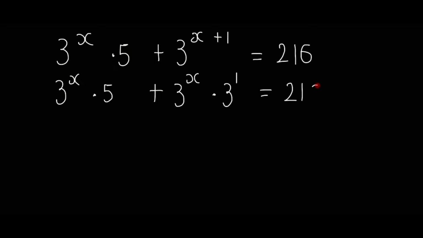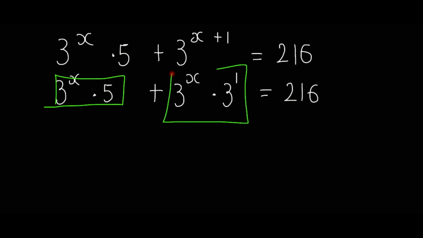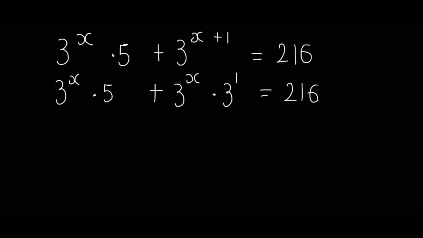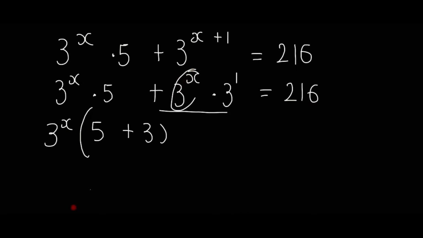So from there look, always when our terms are separated by plus or minus, we expect that at some point we take out a common factor. We have this term and this term, so we look at whether we have a common factor. If you look, we have a common factor which is 3 to the exponent x, because here we have 3 to the exponent x and here we also have 3 to the exponent x. So we take 3 to the exponent x as a common factor, so here we remain with 5 and here we remain with 3, because we have taken out this 3 to the power x,